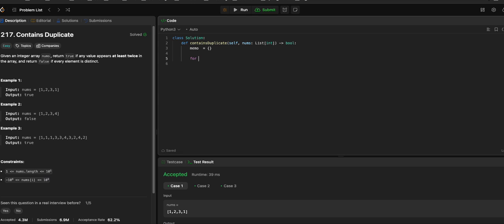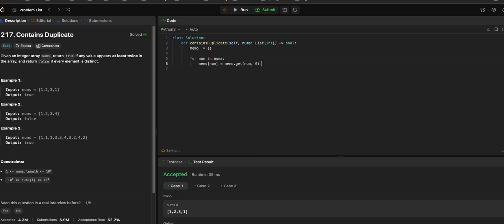For every number in nums, you store memo of num is equal to memo dot get num, 0,